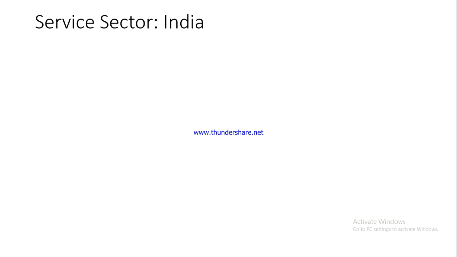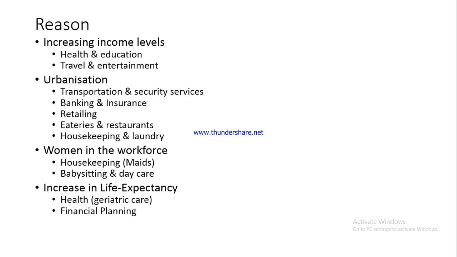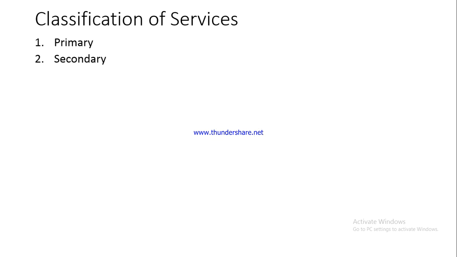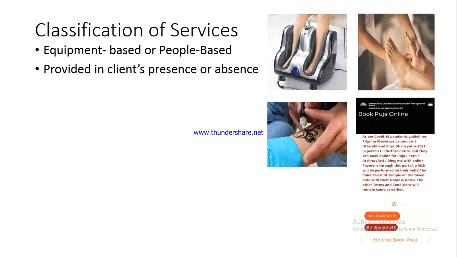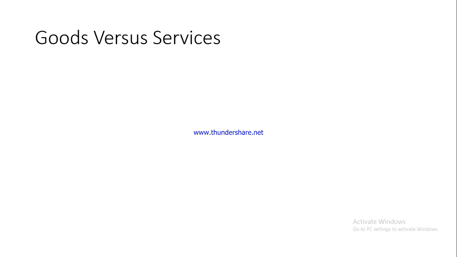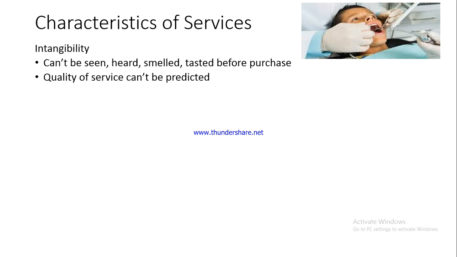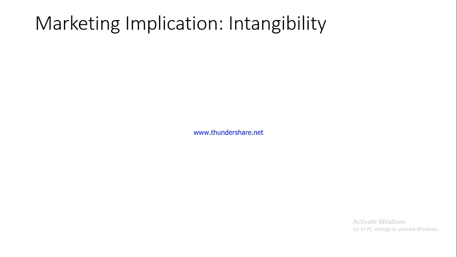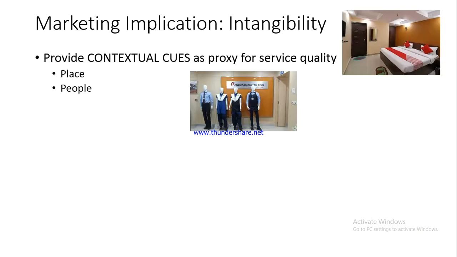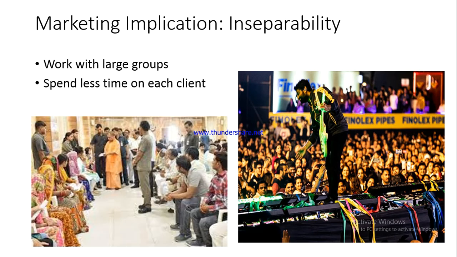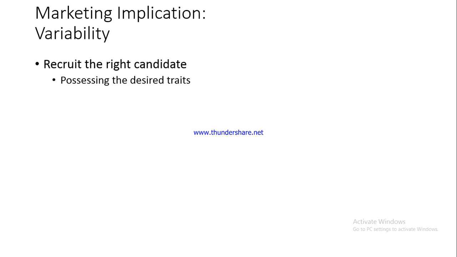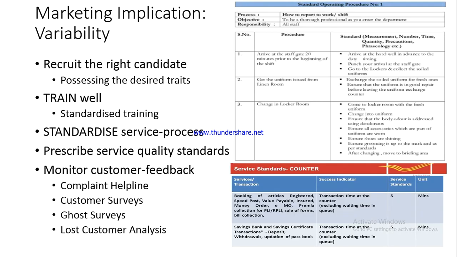In unit 1 we have been discussing services, and we have talked about the types of service industries and the global trends. We did an analysis of how different services can be categorized into different types. We talked about the differences between goods and services. We talked about service mix categories, and then more importantly we talked about the various unique characteristics of services and how a marketer has to deal with those characteristics.